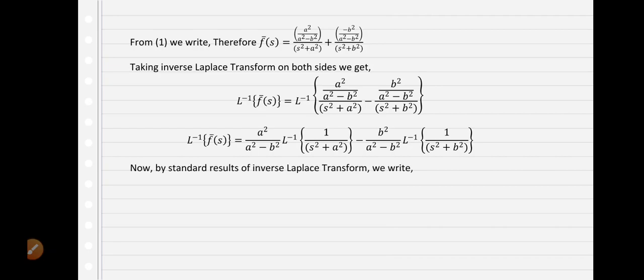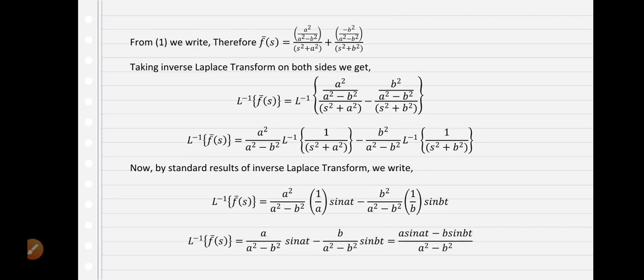So using these standard results, we get here a square upon a square minus b square times 1 upon a sin at, minus b square upon a square minus b square times 1 upon b sin bt. So on simplification, we get finally a sin at minus b sin bt divided by a square minus b square. So this is the required inverse Laplace transform of the given f bar of s. Next example,